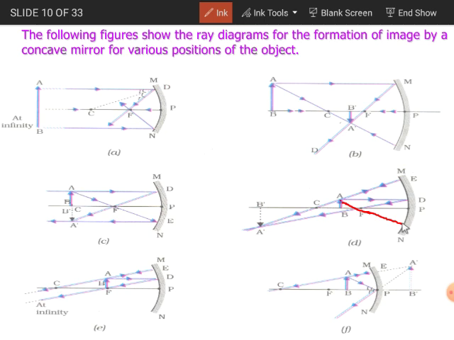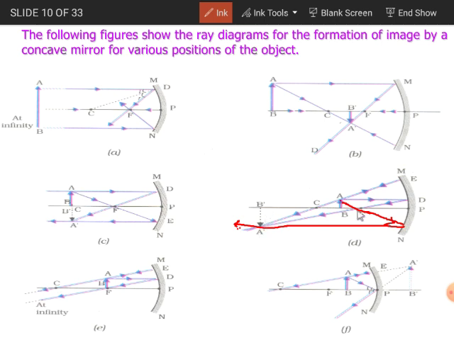After incidence on the mirror, the reflected ray will come out parallel to the principal axis, so that it will reach the same point in this manner. Got it? So we can draw any ray diagram by following the rules that we have done earlier. Like that we get this point as the image for this object point A. Got it? The image will be formed at this point, that means A prime, B